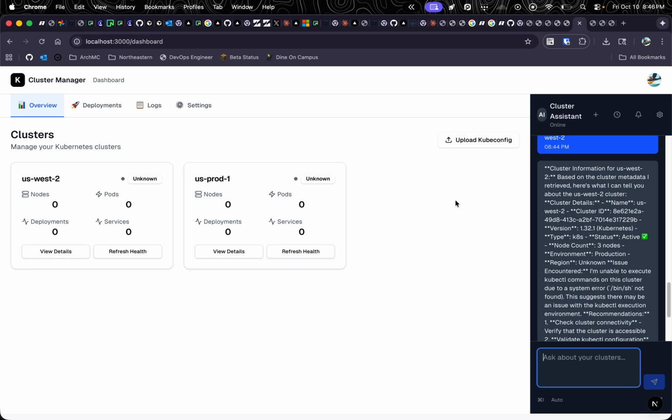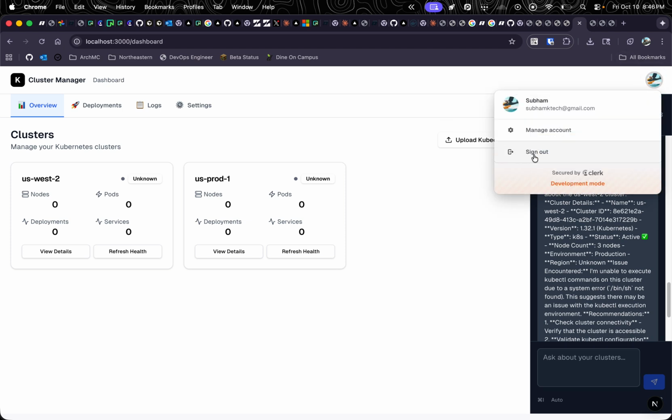All right, so this is my application cluster manager. Essentially, this is a tool to use natural language to manage many Kubernetes clusters. For example, if you have edge nodes that have their own clusters, you might end up with hundreds or even thousands of clusters, right? So what you can do here is you have an authenticated portal using Clerk, and you